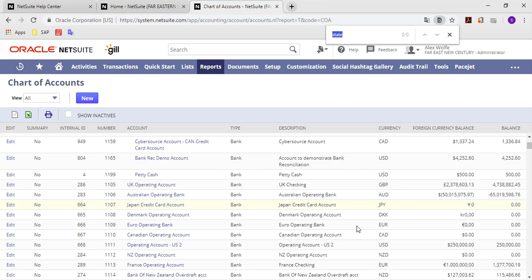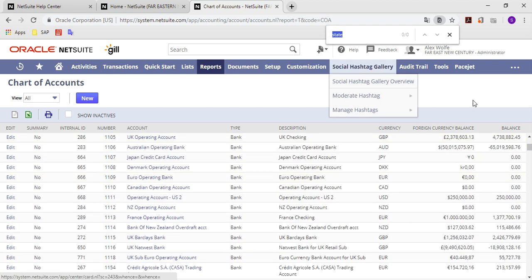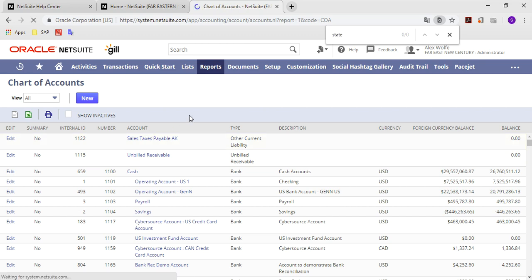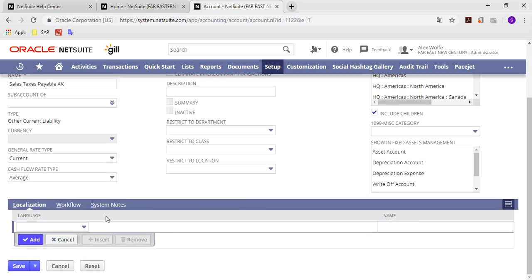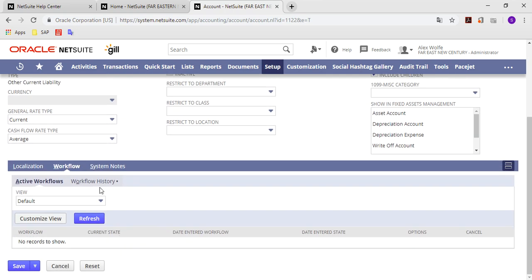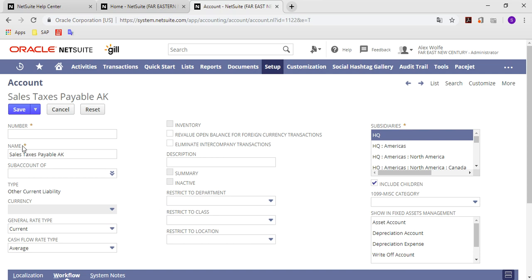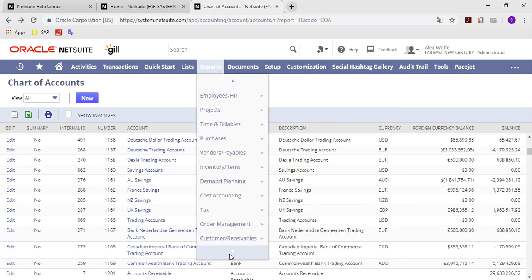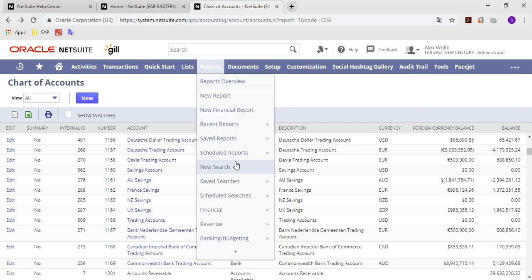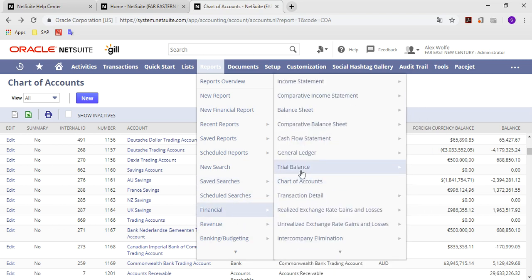I'd also like to introduce the chart of accounts of NetSuite. The chart of accounts is a little similar to the customer, vendor, and item settings, and you can reset and save as you like. The workflow is even connected, like which document triggers this account mapping, or any transactions connected to this account, or if this is a bank account, what is the balance of this account. Also, you can check the account reports, like the TB,